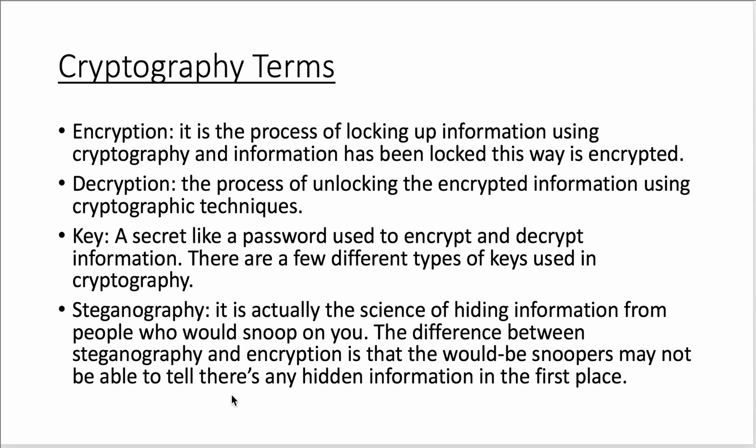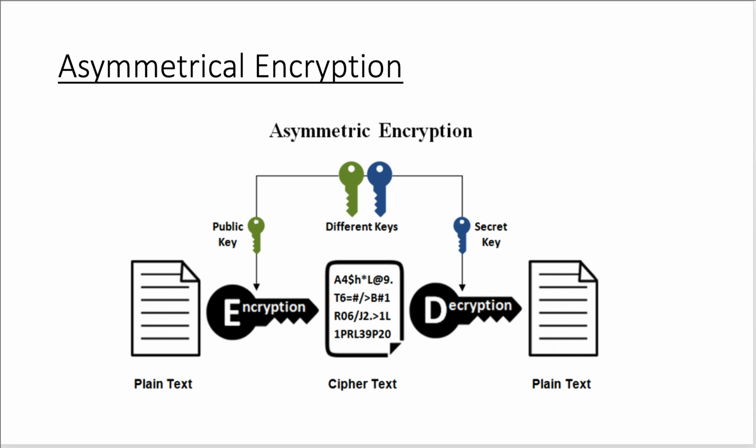Steganography is actually the science of hiding information from people who would snoop on you. The difference between steganography and encryption is that the would-be snooper may not be able to tell there is any hidden information in the first place. And we can see the diagram for